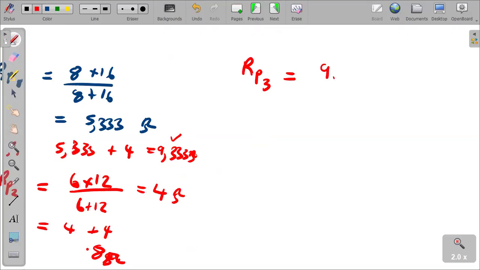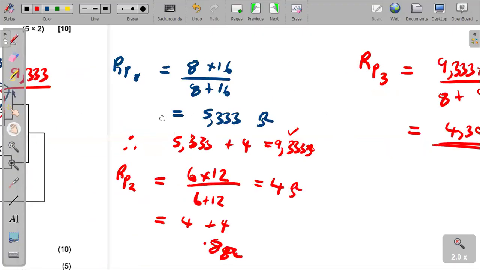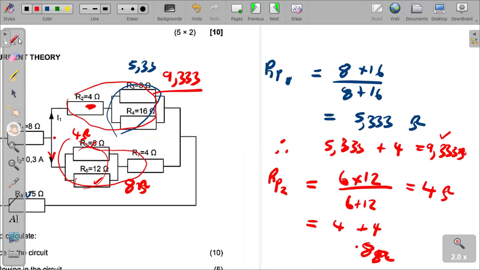9.333 multiplied by 8 over 8 plus 9.333, or 9.333 plus 8. It's one and the same. Okay, so what do we get? We get 4.308 ohms to 3 decimal places again. Right, so it means on the whole branch that we have, this one, it's giving us